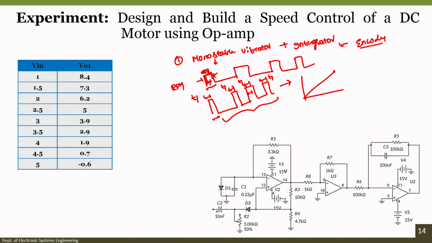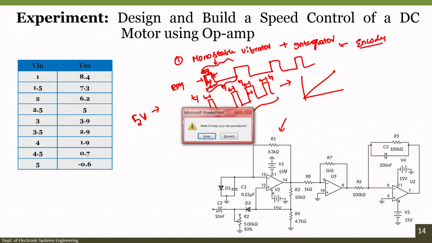On what basis do we select this fixed duration? In order to understand that, one thing we have to know is the higher working voltage, which in this case is 5 volts. What is the minimum pulse width that we are getting from the encoder? If you make the monostable multivibrator output pulse width smaller than this particular value, as a result we will generate a pulse, and we can design a monostable multivibrator for that.